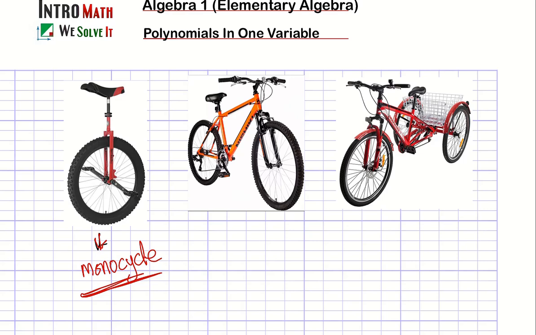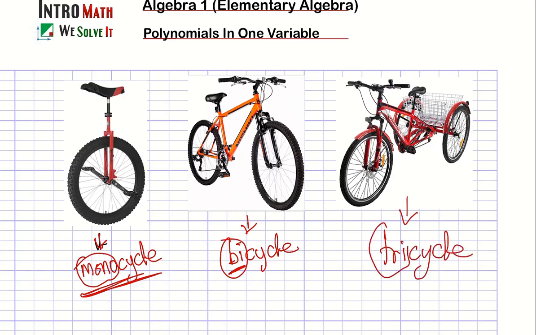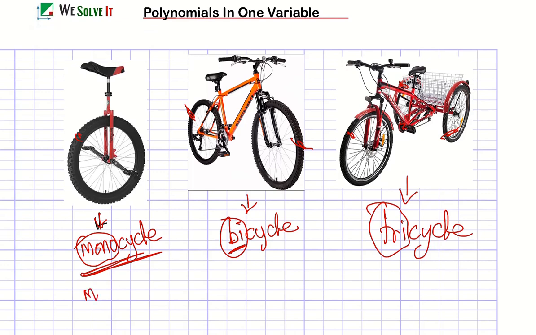It only has one tire, right? And then this one here is called a bicycle, because it has two tires. Bi means two. Mono means one. And then look at this one. This one is called a tricycle. You know what that means. It means three tires. See? 1, 2, 3. This one got 2. And this one got 1. So mono means 1. Bi means 2. Tri means 3. We're going to have the same thing called